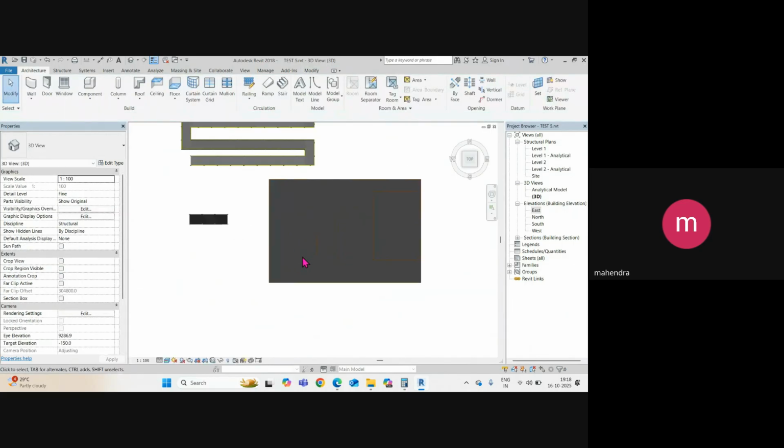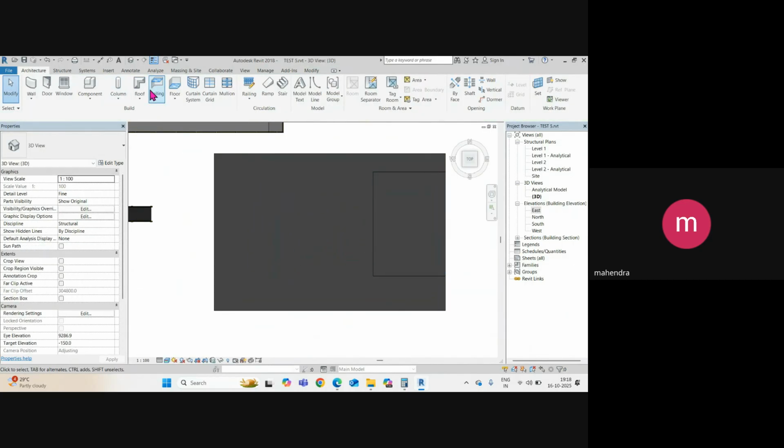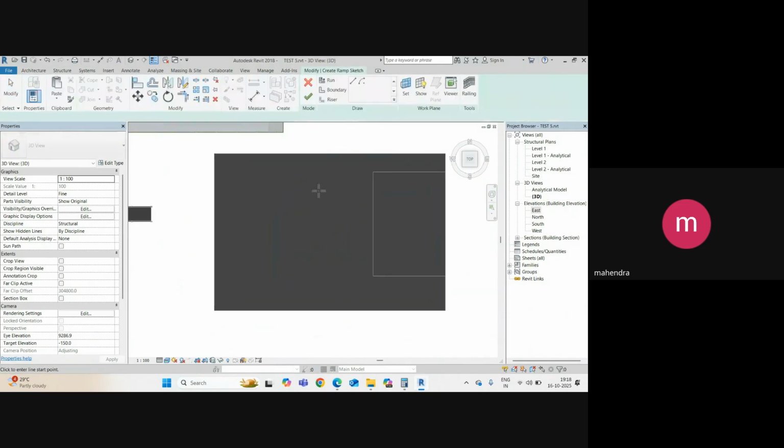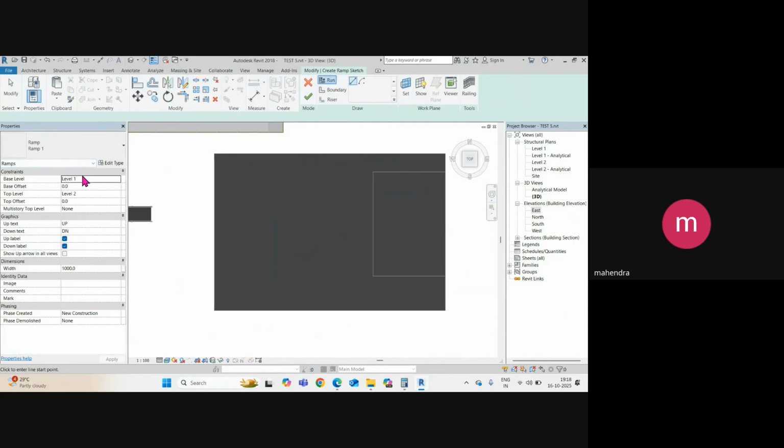Okay, so 12 meter is okay. So what I do, I will increase the slope. So go to here, architectural, and say ramp, and go to here level 1 to level 2. Okay, so we need to give the start point and end point. So this point is our miss here. Okay, so my ramp starts from base level and top also base level, but